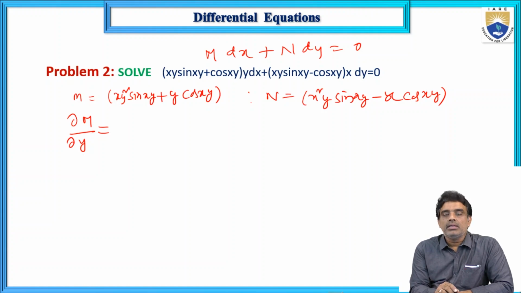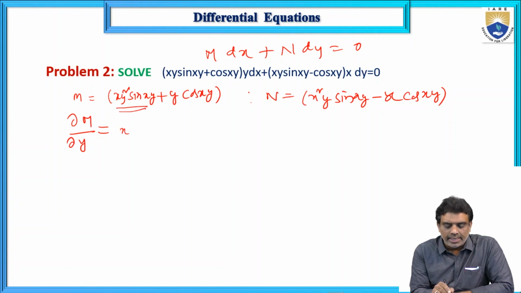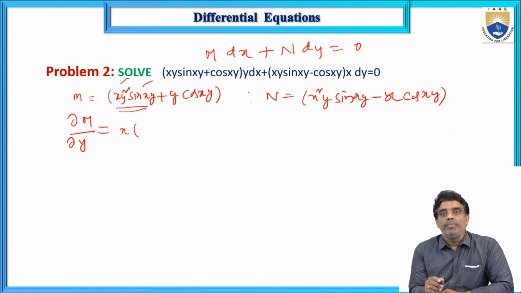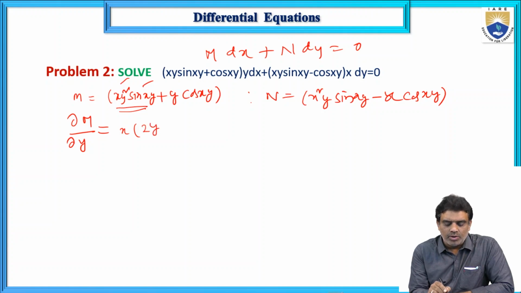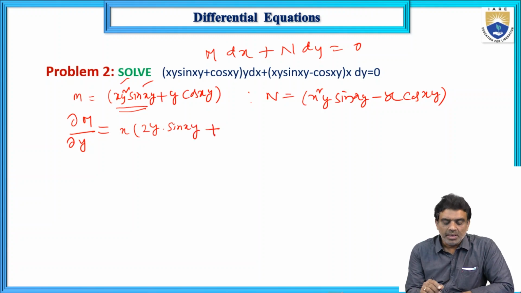The differentiation of M partially with respect to y. So x constant. First I will do this: x constant, y square into sin xy. This is a u into v model. So to differentiate, first on differentiating y square, you will get 2y sin xy, treating sin xy as a constant term, plus y